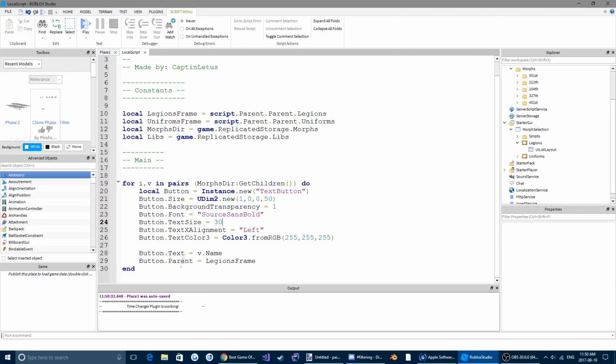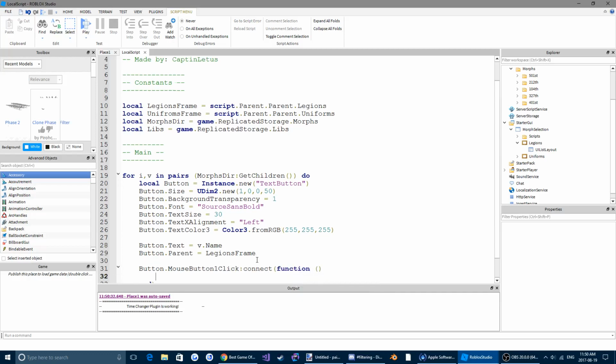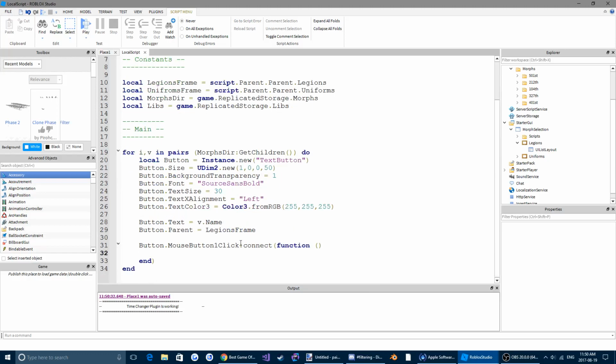So now we have to do the same thing for the uniforms. What we're going to do is come down here and write button.MouseButton1Click:Connect(function. We haven't talked about events yet, but an event is a certain trigger that happens when something happens. That's a very terrible explanation, but I'll explain better. Every time we click the button with our left mouse button, Button1, as we say here, it will connect a function, or connect an event, sorry,